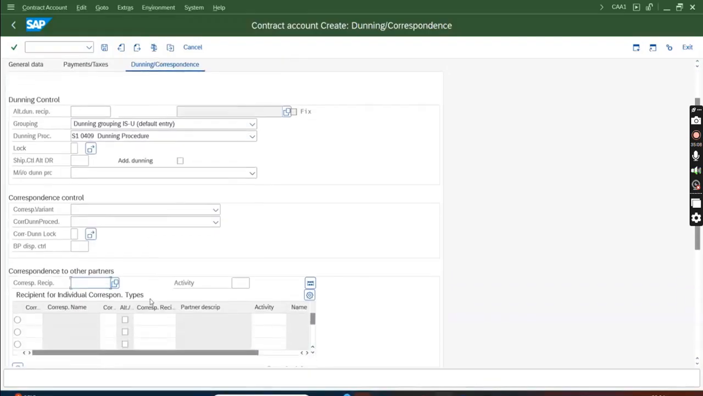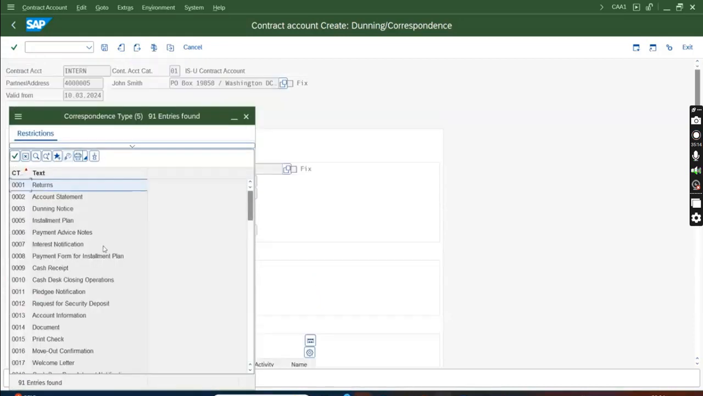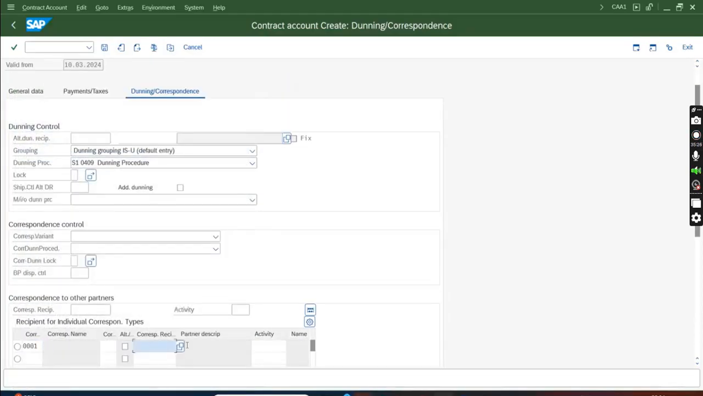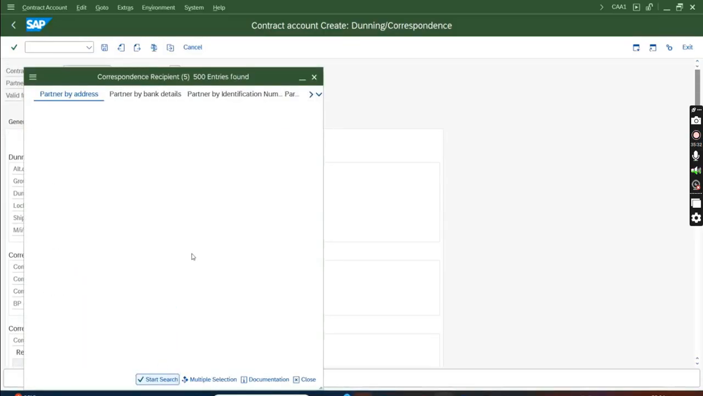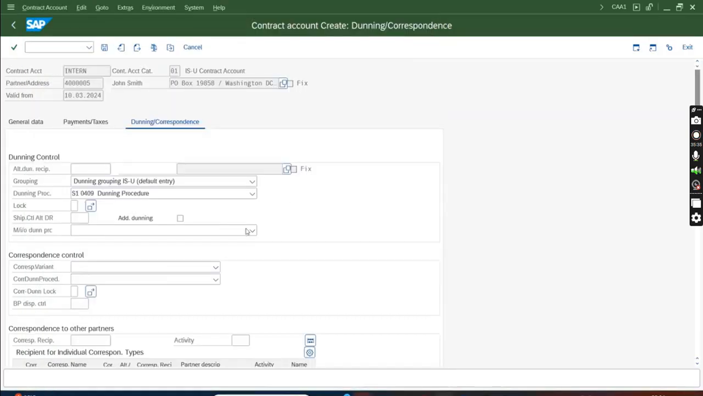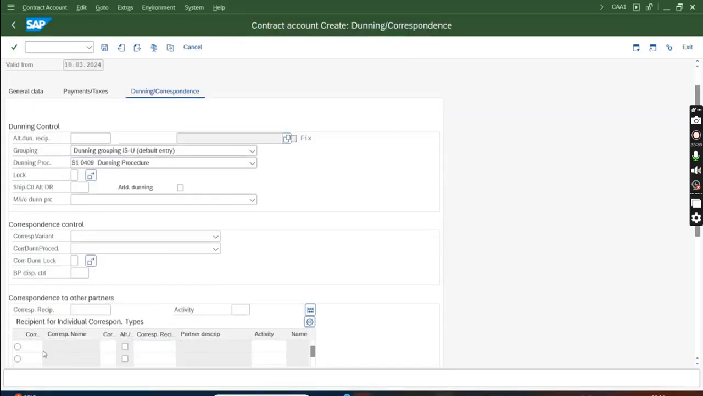Now if the requirement is that each correspondence should go to a different person, for example, for return, which means payment failure, check dishonored or something. If any payment is returned, then I want to put a separate recipient. So his elder son will take care of the failed returns, failed payments. Say this one. Next,